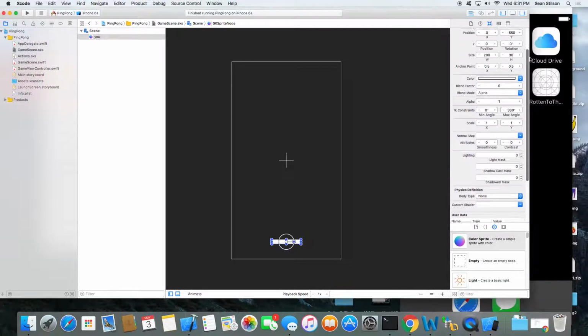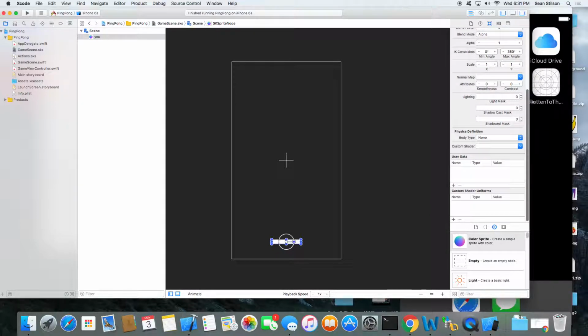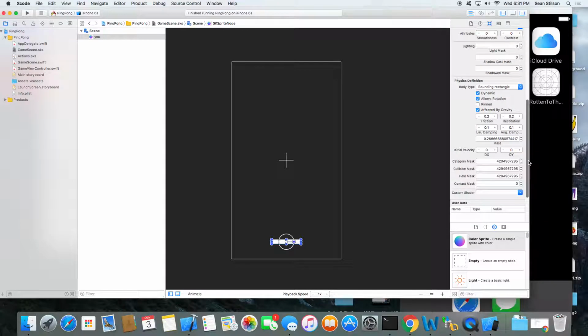All right, so now down here, if you scroll down past the position stuff and scale and all that, down near the bottom there's a physics definition. We'll want to change the body type from none to a bounding rectangle. When you do that, a bunch of other properties pop up.